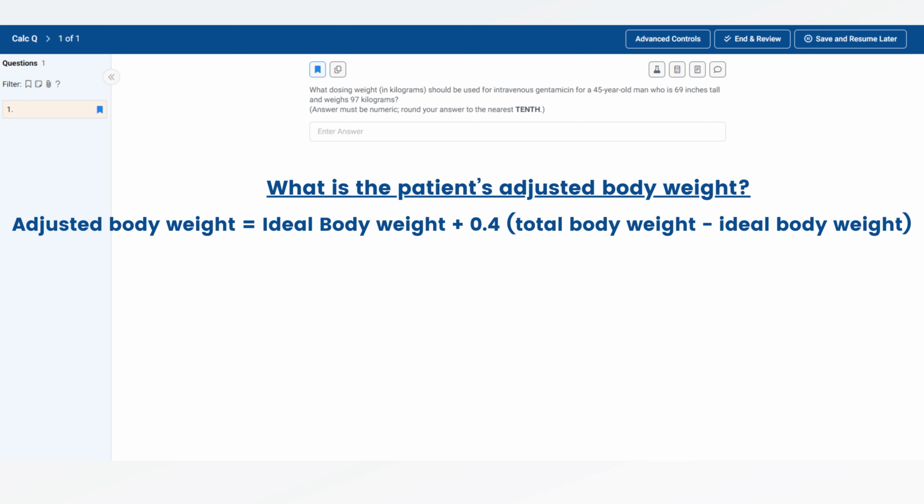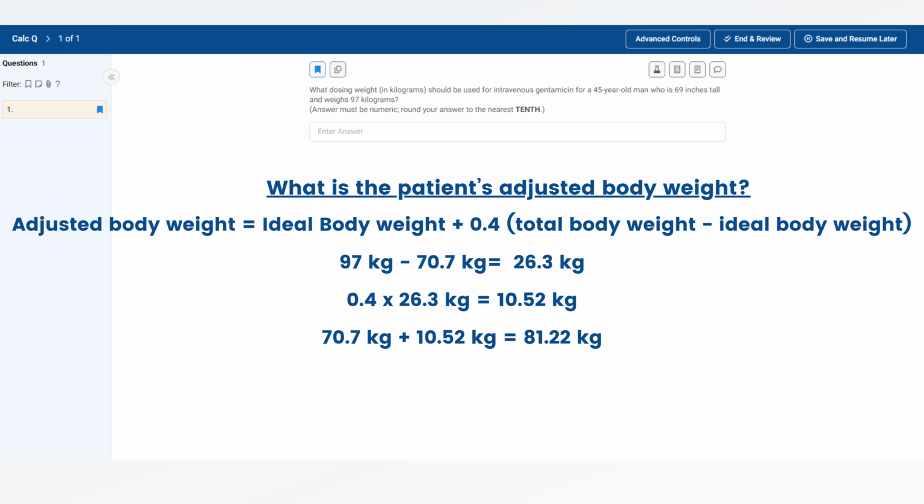This means we need to use the patient's adjusted body weight in order to dose gentamicin, which means you need to have another calculation memorized, which is the adjusted body weight. This is where you subtract the ideal body weight from the total body weight and multiply it by 0.4 and then add it back to the ideal body weight. So in this case, we'll start by taking 97 and subtract 70.7. This will give you 26.3. Multiply that by 0.4, which will give you 10.52. And then you're going to add that back to your ideal body weight, which is 70.7. This will give you